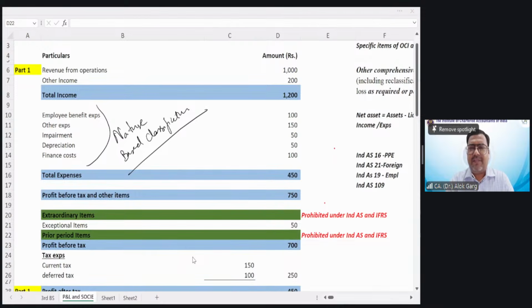What about Ind AS? In Ind AS, is this separate prior period line item required to be disclosed? Manoj, is it required to be disclosed? In the last class, I told you guys about the third balance sheet concept. Why did that third balance sheet concept come into the picture? Because if the company wants to correct a prior period error, the company is not required to show this line item, prior period item, as a separate line item. The company has to restate the comparative period. The company has to prepare the third balance sheet, which is the opening balance sheet of the comparative period, right?